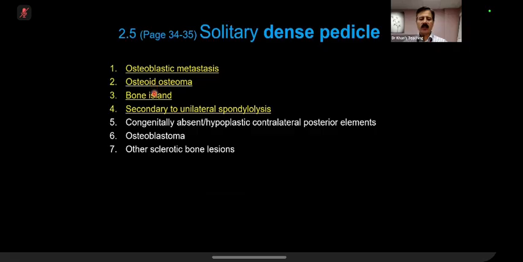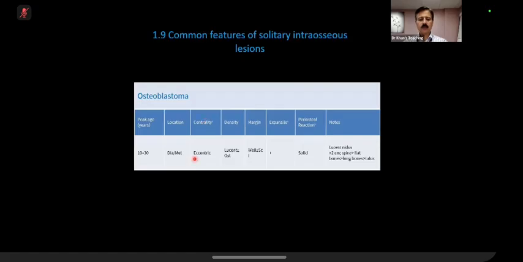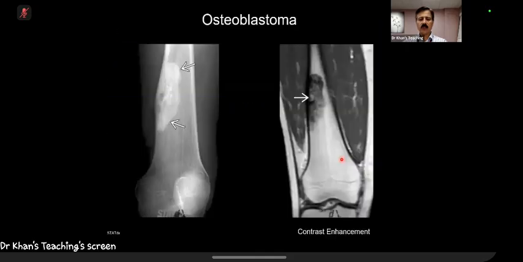But if you read the text underneath the osteoblastoma in the current edition, they have said the same thing which I've just told you, that osteoblastoma can also be sclerotic, but because of the lucency, the finding is not all that marked as in osteoid osteoma. So this is from the book, and the main thing is that the nidus is more than 2 centimeters, and this is an osteoblastoma from literature,